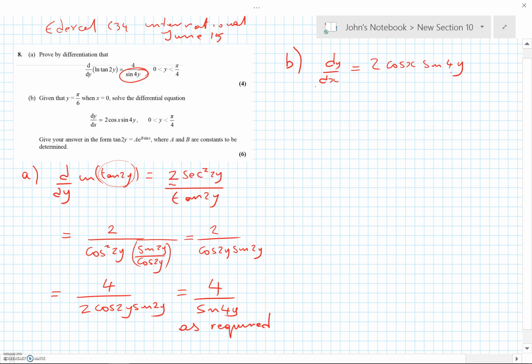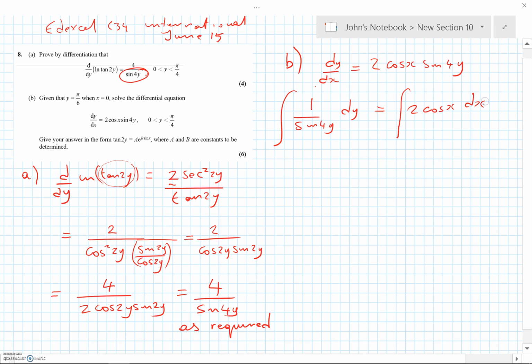Sometimes it won't be, but when part B looks like a separate question, you should be thinking, oh, it's a separate question. But there we go. Okay, so let's separate the variables. The integral of 1 over sine 4y dy is equal to the integral of 2 cos x